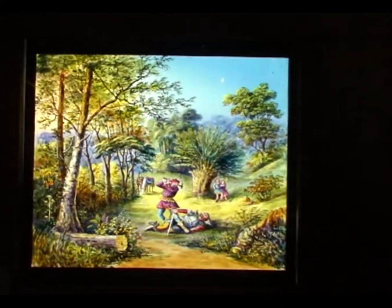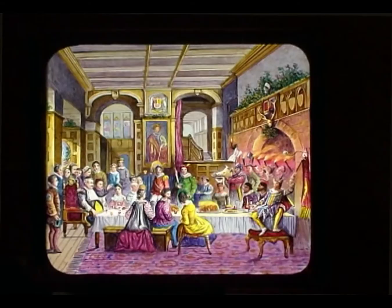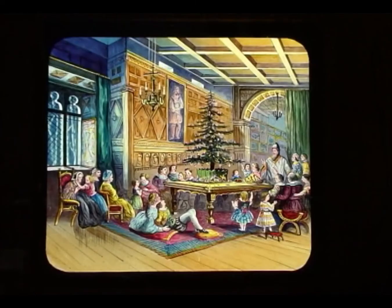And coming back to the cabinet, we have Mr. Wilkie's slides. These are beautiful painted slides from the 1870s. Mr. Wilkie was painting for the Polytechnic. He started again as an apprentice, age about 15 in 1872. And these are Christmas customs, very similar to the ones you saw by Mr. Hill, because Mr. Hill was his